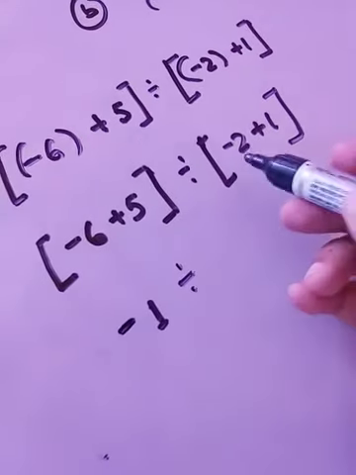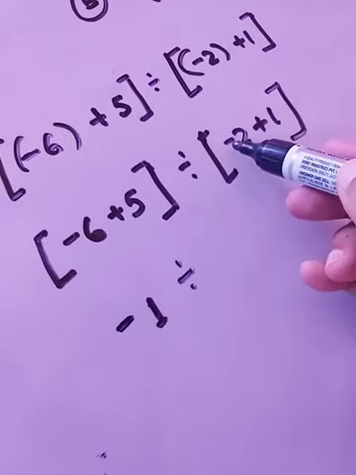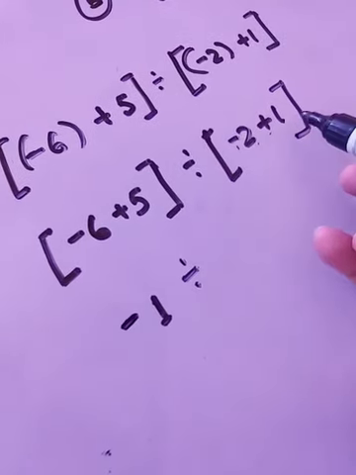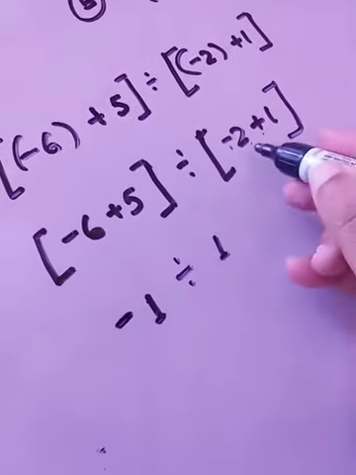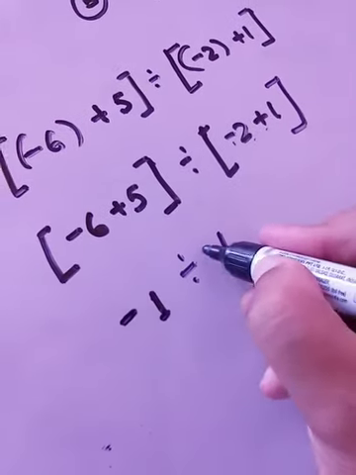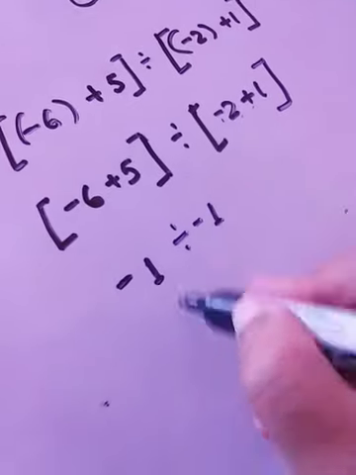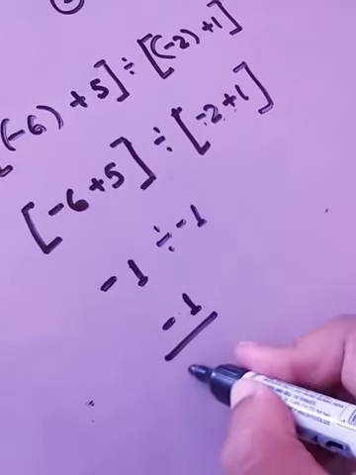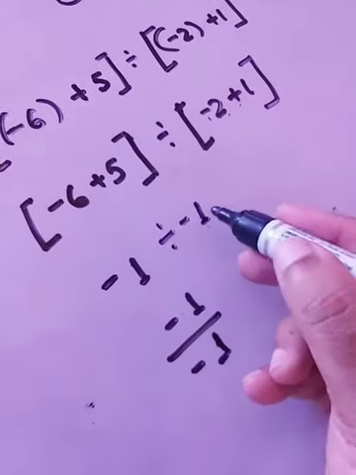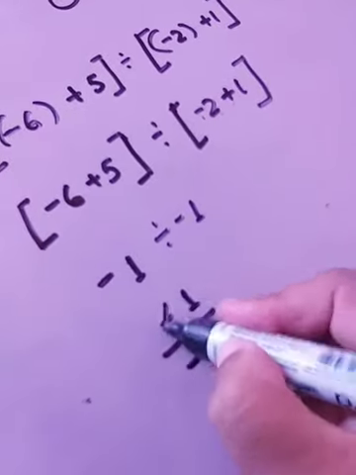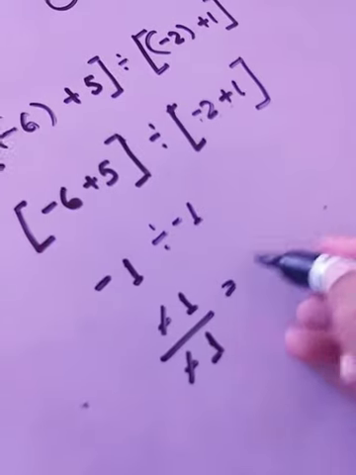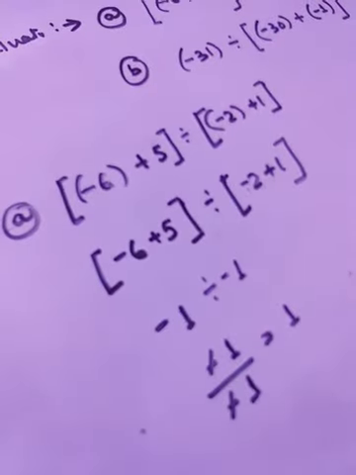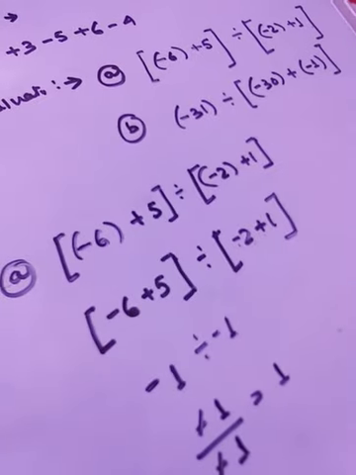Now give the division sign. Similarly you will solve this one. Minus plus is minus, that is 2 minus 1 is 1. Which number is greater? 2. It is carrying which sign? Minus. Okay, so minus 1 divided by minus 1, it will look like this. Minus 1 divided by minus 1 can be written in this format also. So you just cancel this minus. 1 divided by 1 is what? 1. Okay. So let's move on to sum number B.